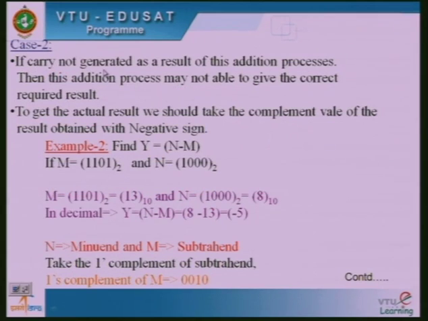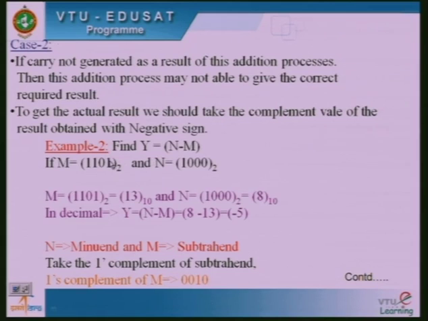If carry is not generated when we are going to add two values, one is minuend and another one is 1's complement of subtrahend, if the carry is not generated as a result of this addition process, then this addition process may not be able to give the correct required result. To get the actual result or the true value, we should take the complement value of the result obtained with a negative sign. To do the complete operation or for full understanding of case 2, we are going to give